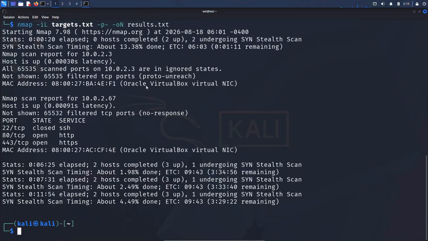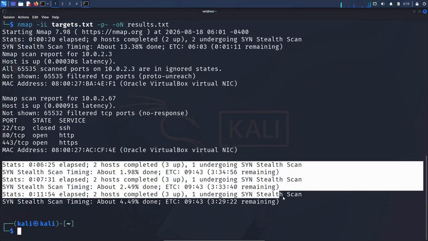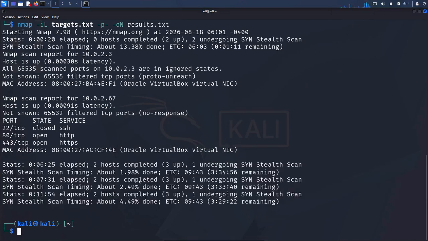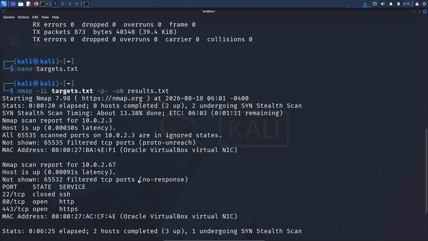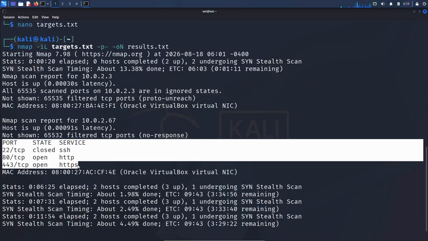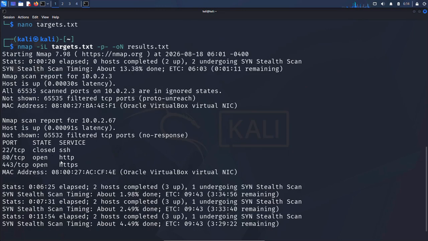So the scan has done over all the targets. The bottom target, 10.0.2.15, which is my IP address, was taking so long that I just quit it. There's nothing interesting on it. But as you can see, this is just the one that's always up. Nothing interesting. We've found some interesting things here though. For some reason it's told us port 22 is closed. Port 80 is open. 443 is open. So now we want to do a bit more investigation into